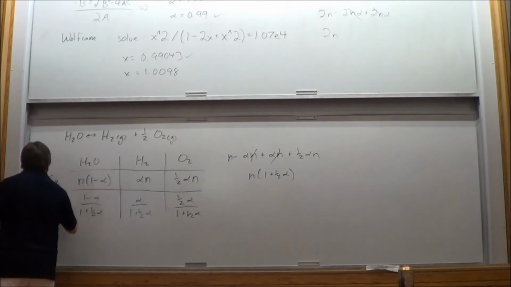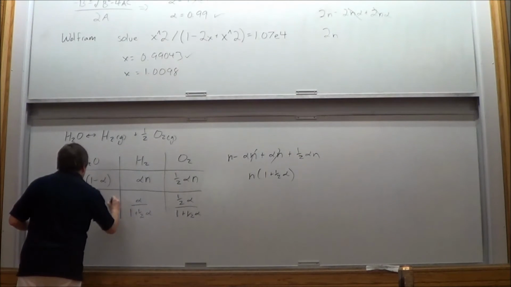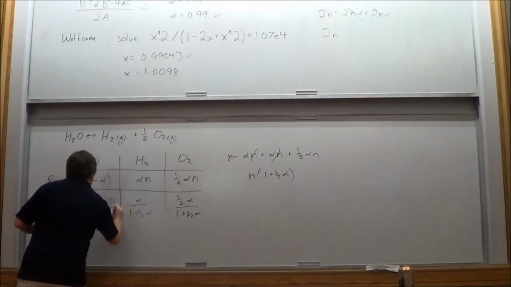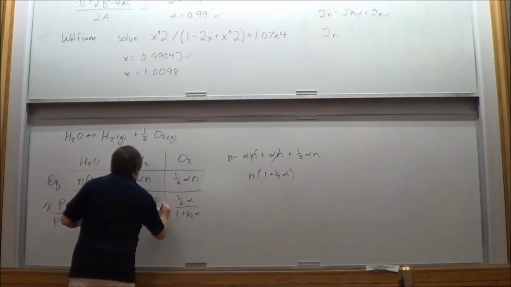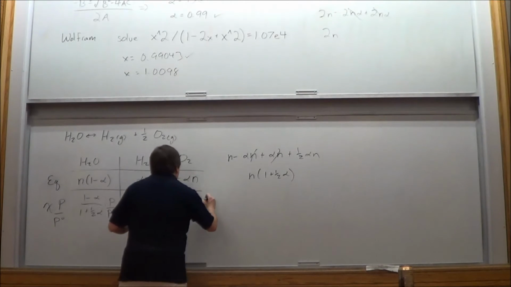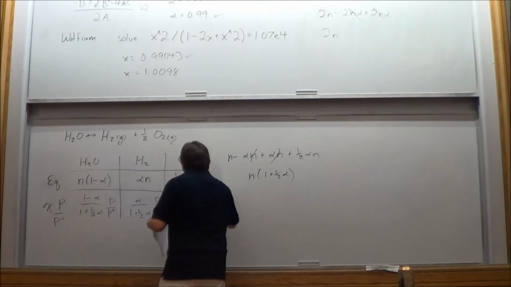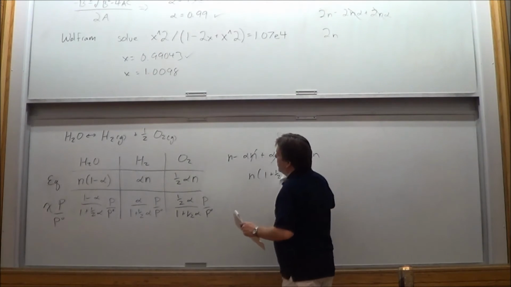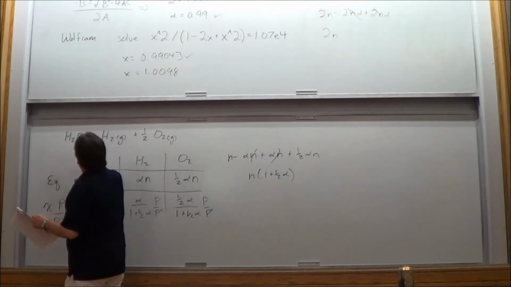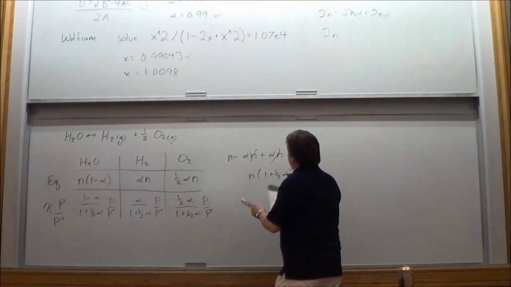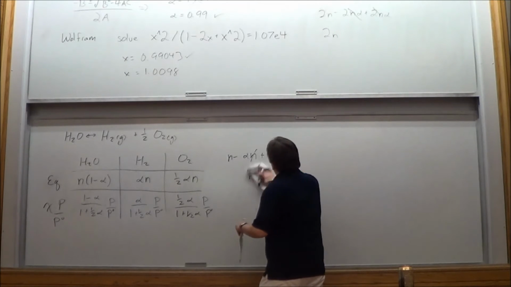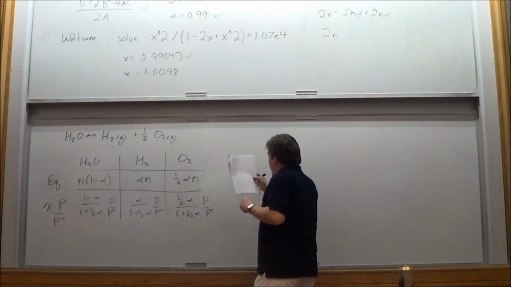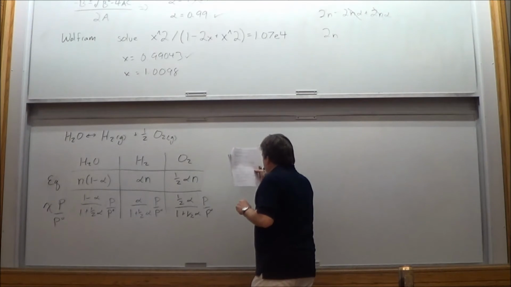Okay, let's do the partial pressures. All you do is you just write these down. Now, don't forget, this one is going to be different because it's going to pick up the square root. You see why when I do the opposite, when I have 2, 2, 1, nothing is square rooted. Some things are squared, but square roots are hard to deal with and squares are not. So that's why your homework is actually slightly easier when you do the same thing. And without belaboring the point,